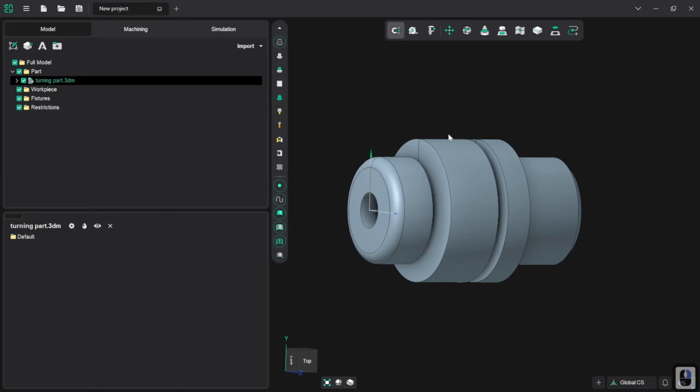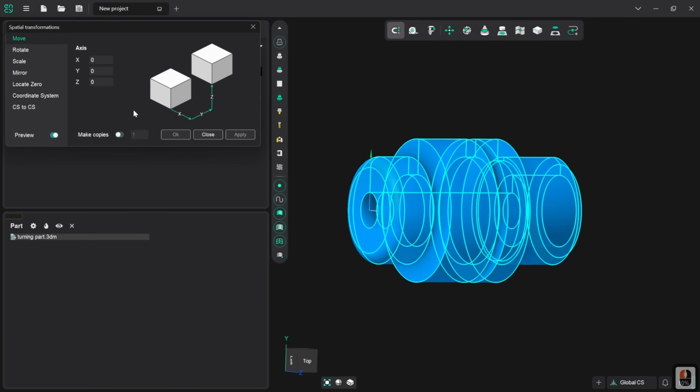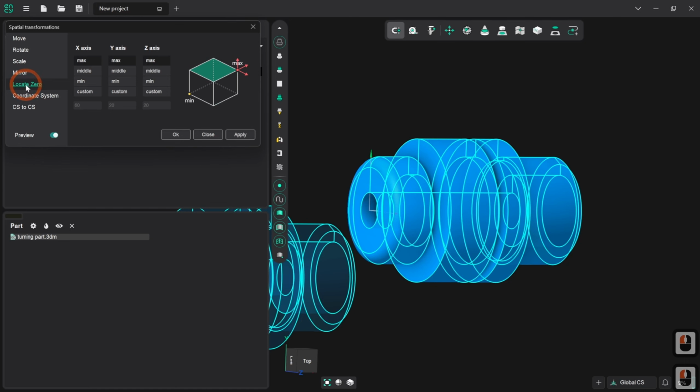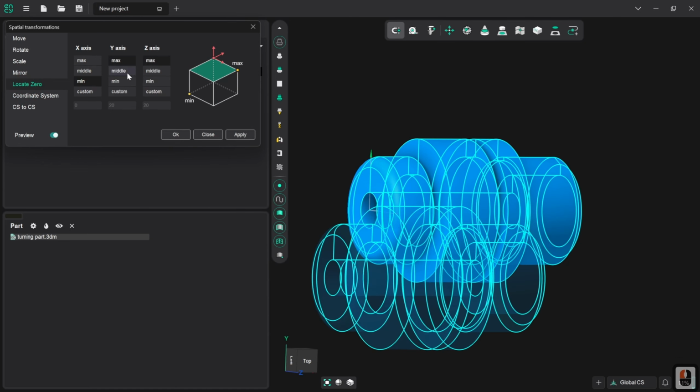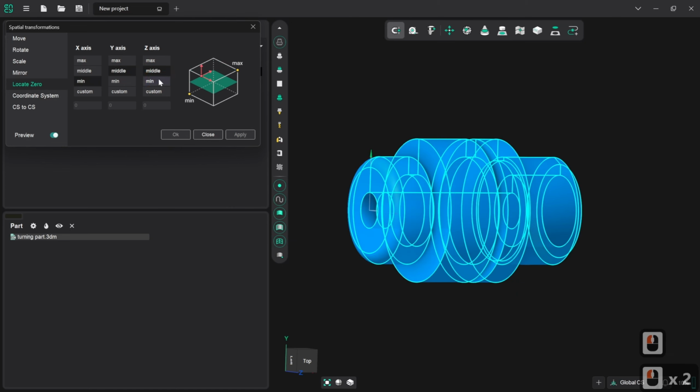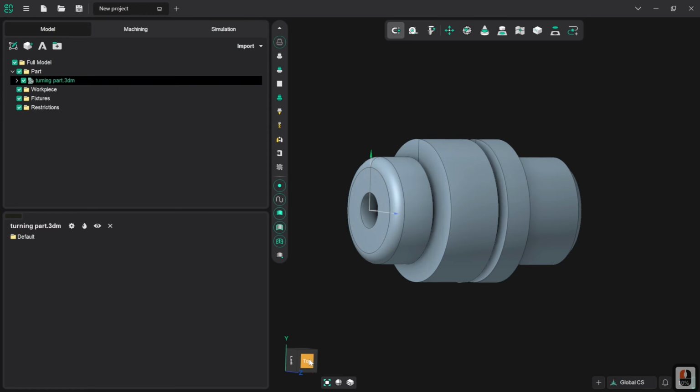Also, whilst this part is currently oriented correctly along its central axis and appropriately placed, if you import a part and you need to set this properly, the way to do so is using the spatial transformation button, and under locate 0 you will want to set this in X to minimum and then Y and Z to middle, so it centralizes the part in the Y and Z axis and sets the 0 point at the base of the minimum of X. So we can click on close on this now,